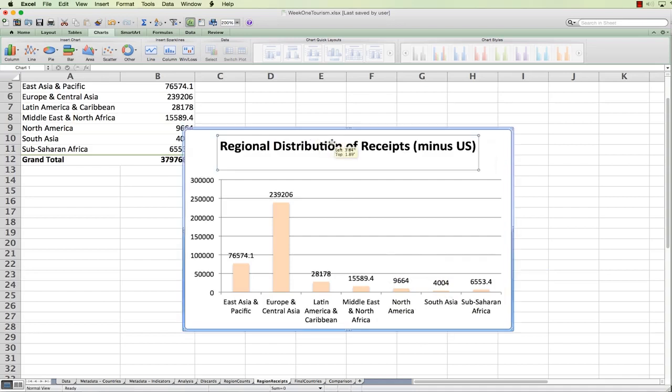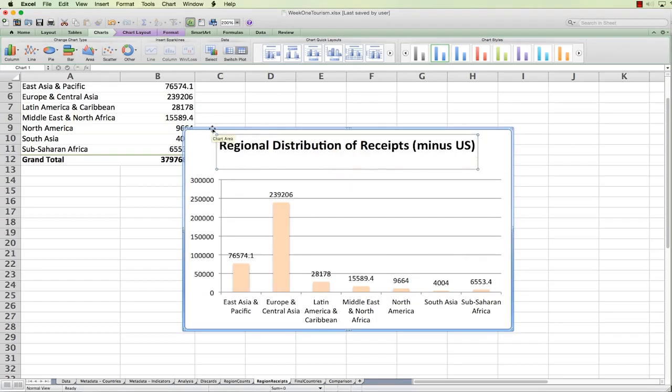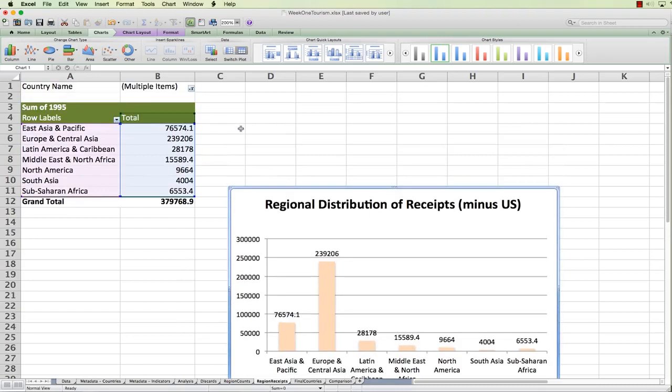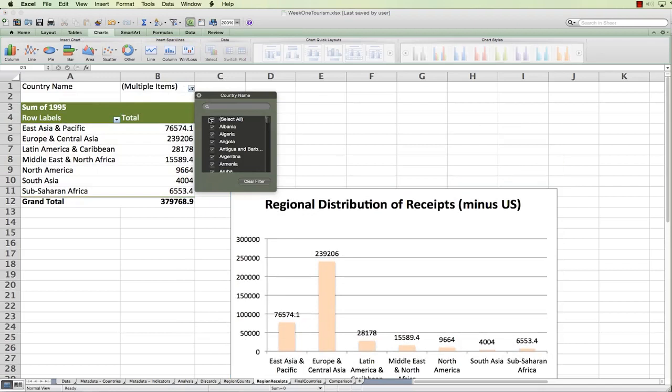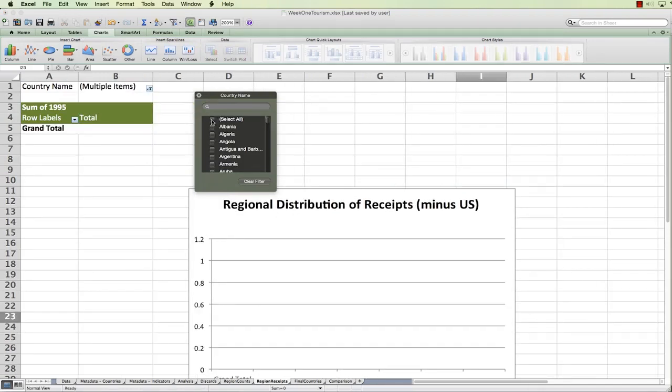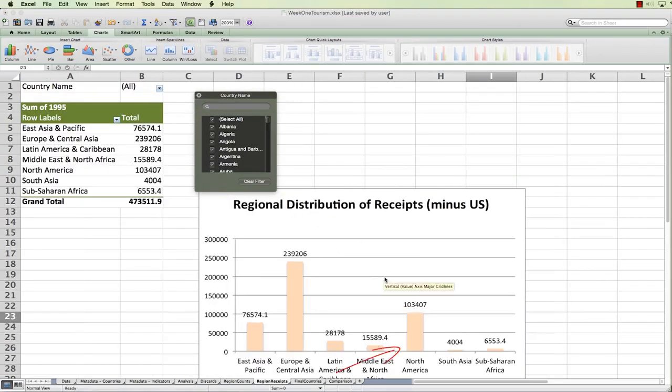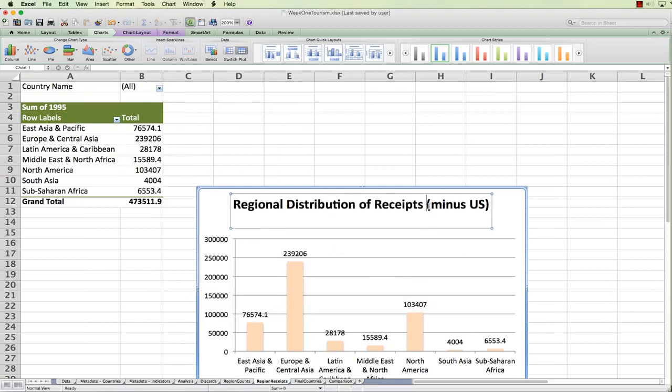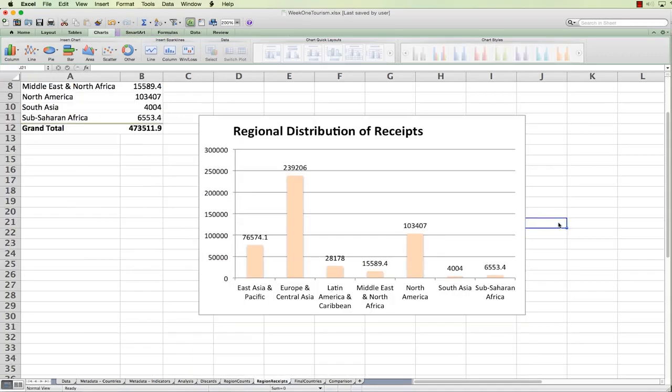If we do want to put United States back into the list, what we need to do is to go back to the pivot table and then deselect all and select all. And then I have North America back on the list. But then, of course, I'll have to eliminate this portion from my chart.